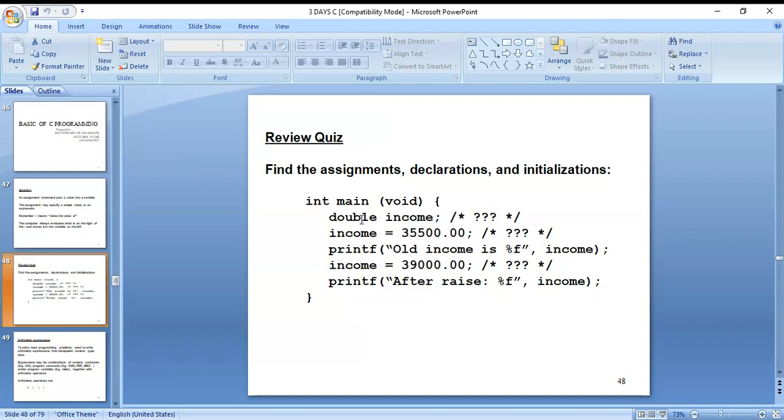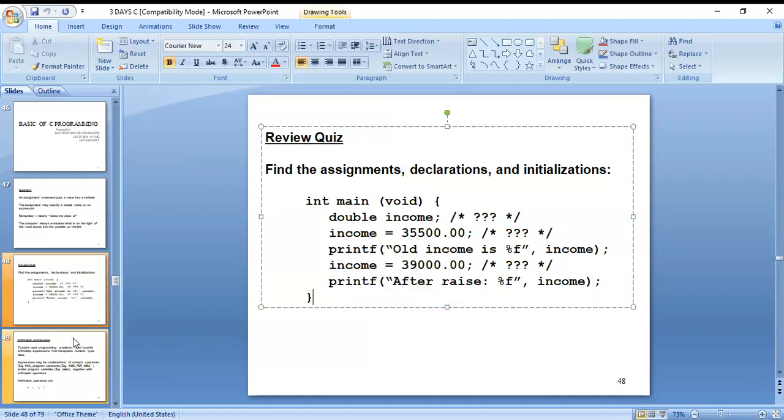So you can only give a double value. Next, printf: old income is %f, and income here. Next, printf after raise, %f and income.